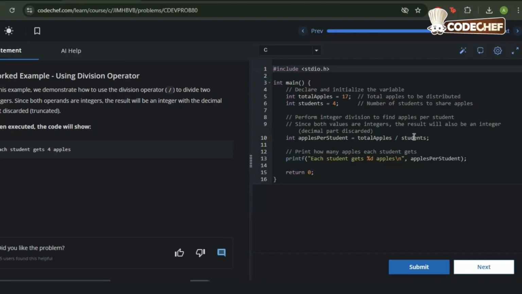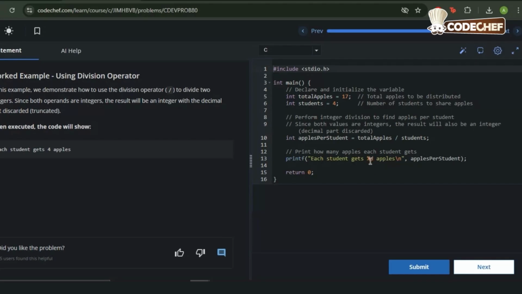So, in regular mathematics, if you divide 17 by 4, it becomes 4.25. But here's the key. Both total apples and students are integers. So C performs integer division. The result is truncated to just the whole number part. So 4.25 becomes 4.